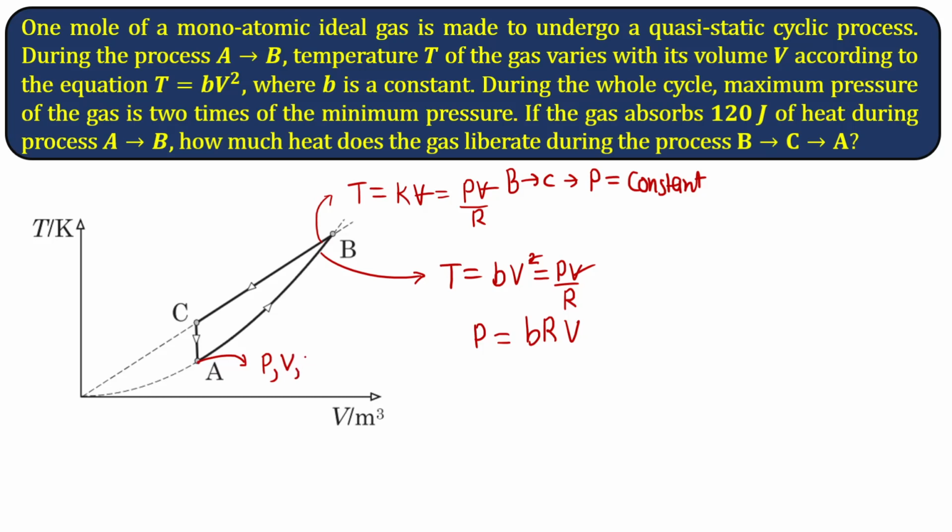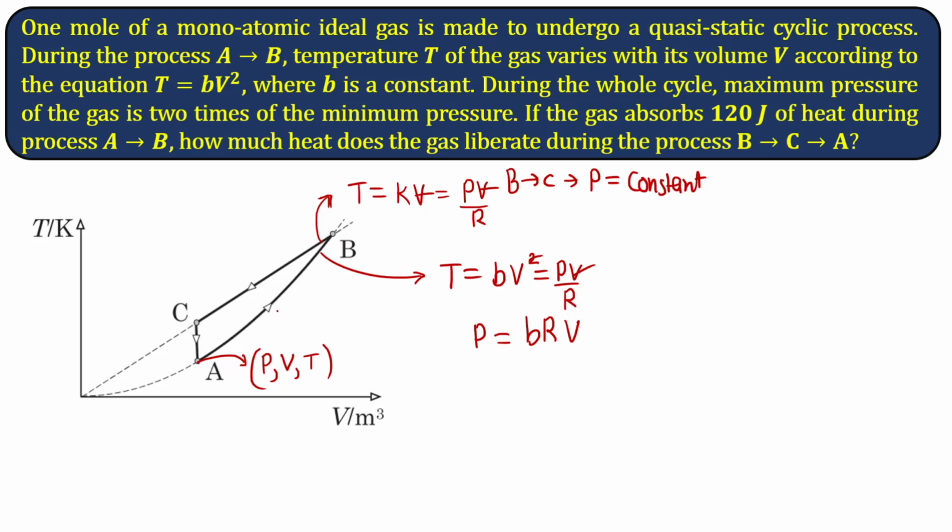Let us call that minimum pressure P, and let's also write the volume and temperature. For this kind of cyclic process, I advise students to write the pressure, volume and temperature as some xyz coordinates. And why do I use that? You will see the utility of that, because if we write all of these quantities as coordinates, it becomes somewhat like a game of Sudoku. Filling in the unknown numbers actually becomes easier. How? Let's proceed forward here.